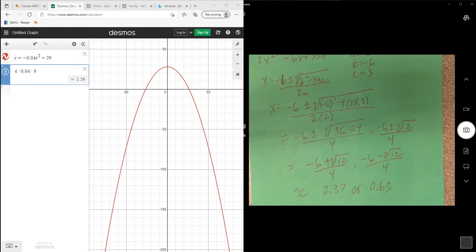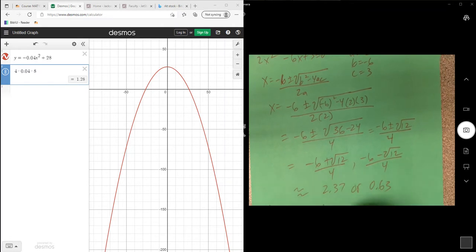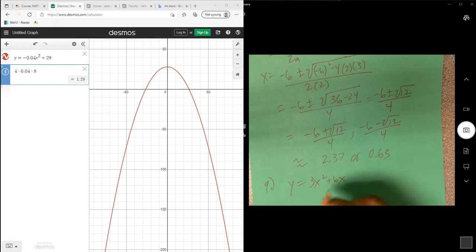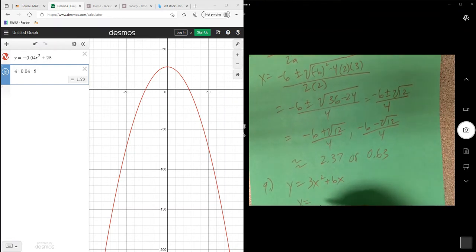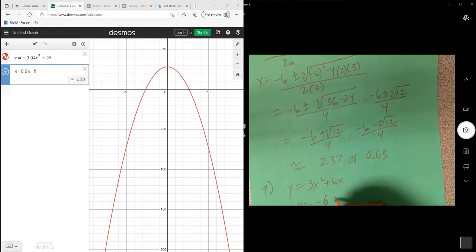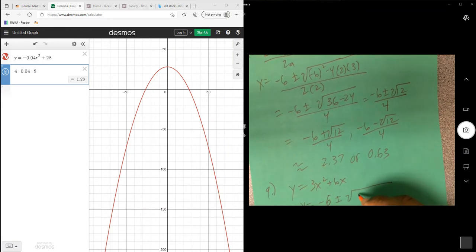Problem number 9 is actually on page 434. And we have y is equal to 3x squared plus 6x. And it says determine the x-intercepts of the graph algebraically and check your results graphically. Okay, so basically what you would do here is you can use the quadratic formula, and we already wrote it earlier. So we had the opposite of 6, because we know that's b, plus or minus the square root of 6